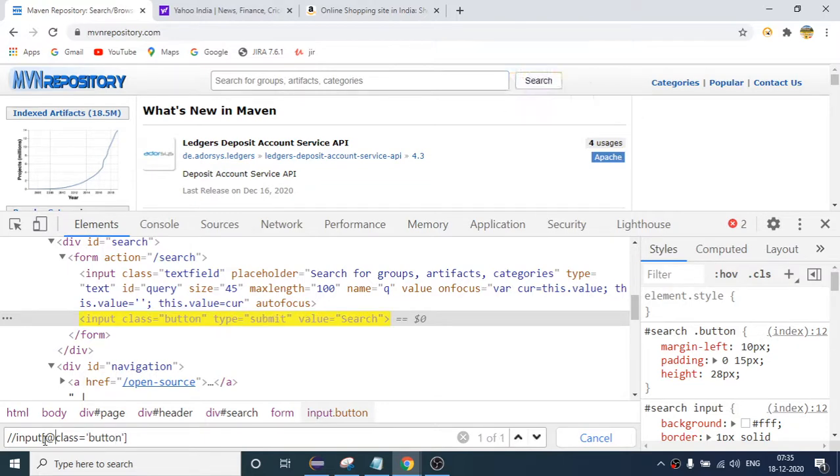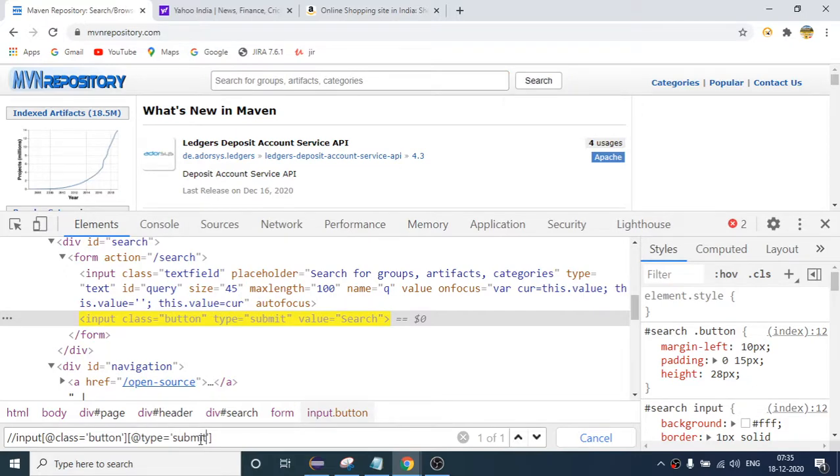So still it is giving me one unique attribute, but at times what happens is, whenever you write XPath like this, you can find multiple elements, right? We already saw you can find 27 or more than 27, but here it is giving you a unique element. Suppose it is giving me 10 elements, but I want to make it unique. So what I can do is concatenate one more attribute. I can say at the rate. I can also concatenate this attribute so that it will make it unique. So I can say type equals to. So this is also one of the ways to write XPath if you are not finding a unique element, right?